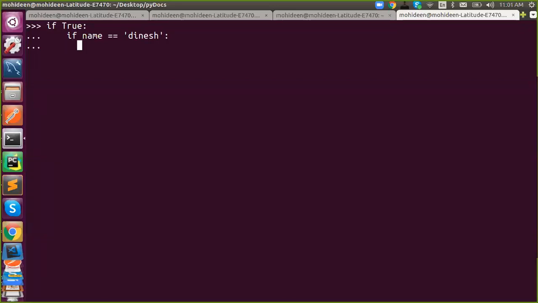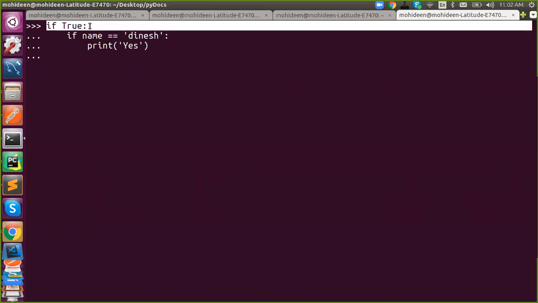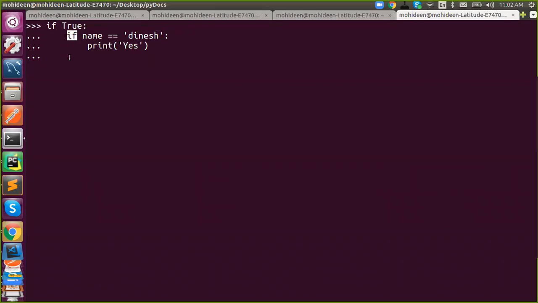It will accept a single space; it requires at least one space, but as per the Python rule, we have to keep 4 spaces so that the code is even for all users. Then I say print. Now once I move on, it came here. I'm in this block, not this block, so this block was terminated once I move on to here.